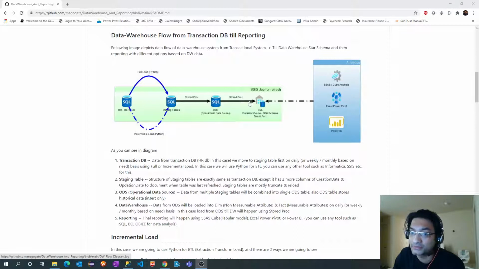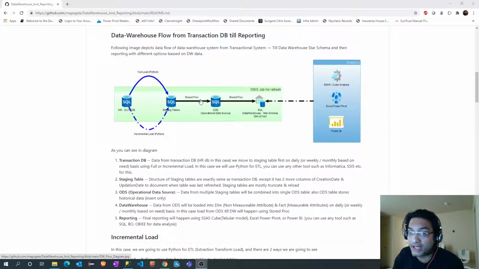The remaining three systems or tables are in a single database, called DW or the data warehouse database. The load between HR and the DW staging tables we implemented using Python. The next task, the load between the staging tables and the ODS table, we are going to do using stored procedures.